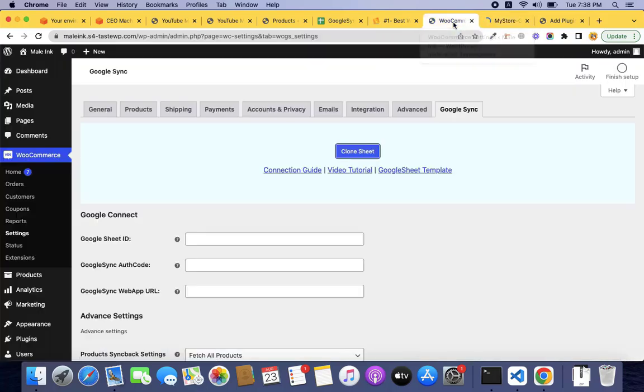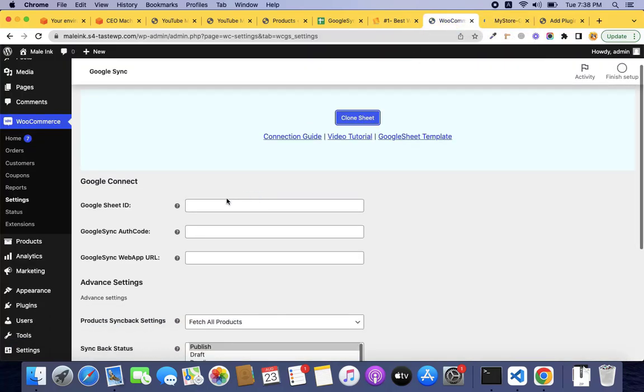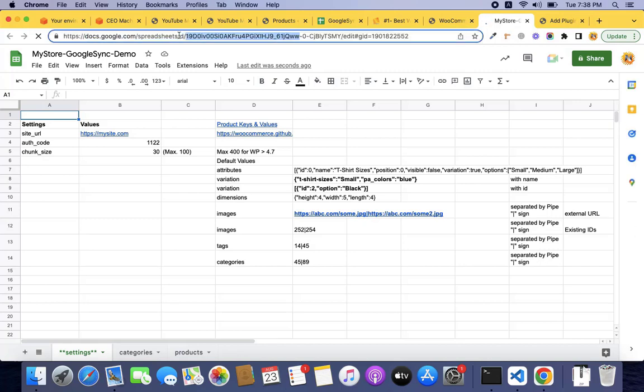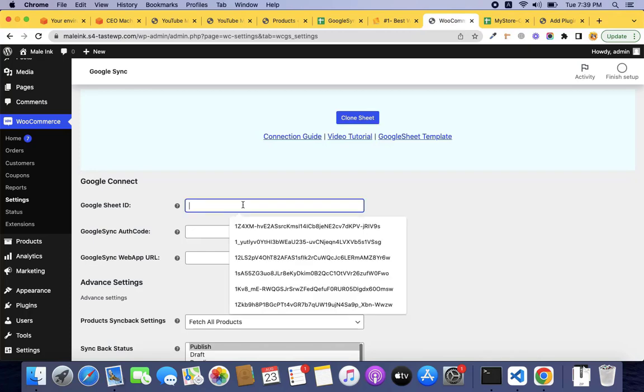So I need to collect a couple of things, the sheet ID and the auth code. You need to copy the code from here to here, before edit. This is the sheet code. You need to copy this sheet code and paste it here,